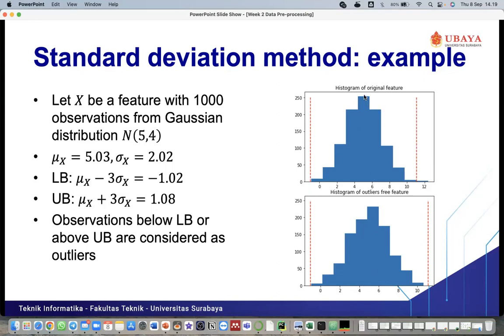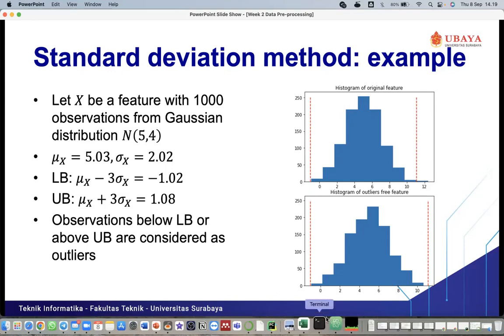This one is the histogram of a Gaussian distribution. 100% Gaussian distribution, because it's like a mountain. So the frequency for age 5, the child which has age 5, is 250. So we can say that the mean value from our sample is 250.